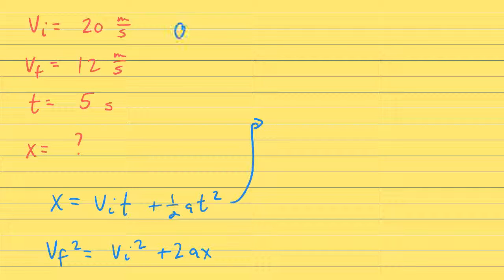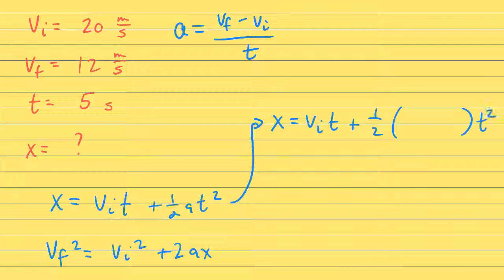So again, you could start this problem by solving for A, VF minus VI all over T. That's one option. Or you can approach this problem by substituting in for the expression for A. And I'll plug it in red so you can see it clearly. Like that. That's also another way to approach this problem. So you could take the numbers, VF, VI, T, and get a value for A. You'll get a number, and that's fine. And then you can directly plug that number in and solve. Or, showing you the other approach on the right, you can replace A with its equivalent expression, which is up top,